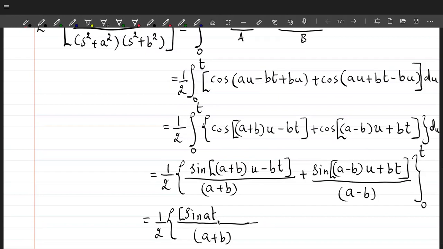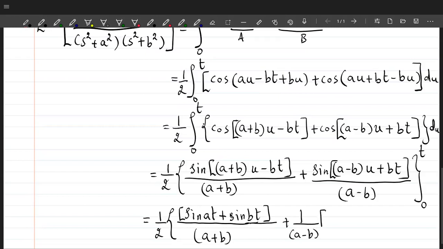So you get sine AT as the value of upper limit minus, let's see what's the lower limit value. When you put the lower limit value which is 0, you get sine of a plus b into 0. So that makes this term 0. So you get sine of 0 minus bt. What is sine of minus bt? Sine of minus bt is minus sine bt. But you can see that there's already a negative sign out here. So the next term will be plus sine bt. So that's the value of upper limit and lower limit for the first term, plus 1 by a minus b